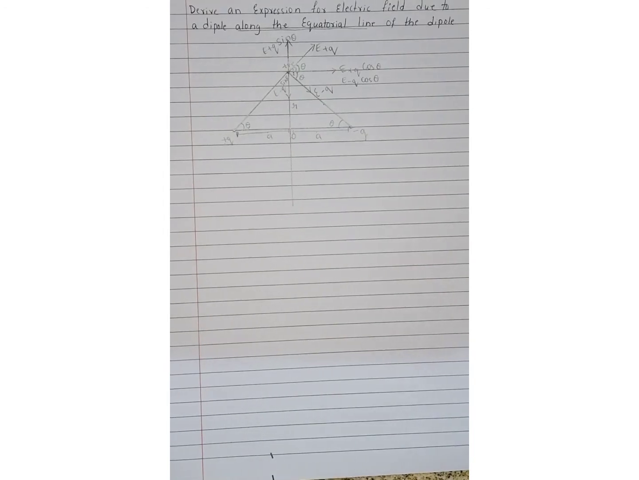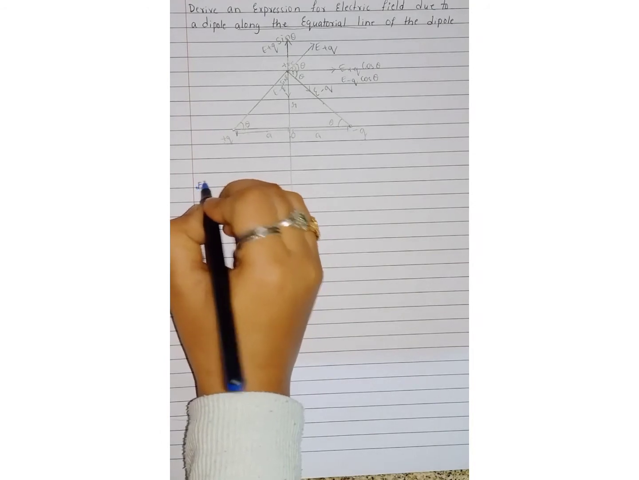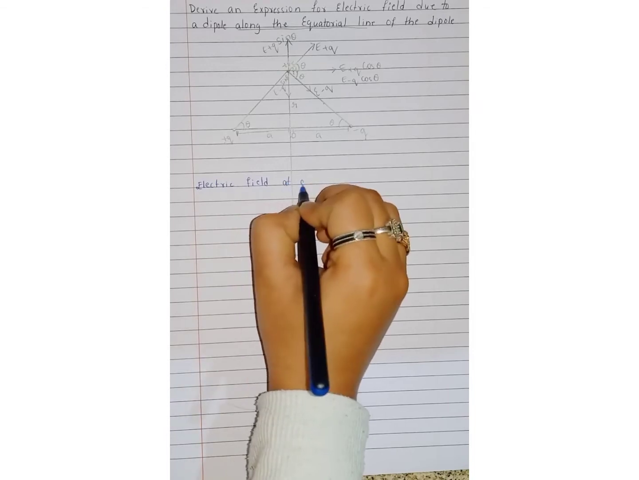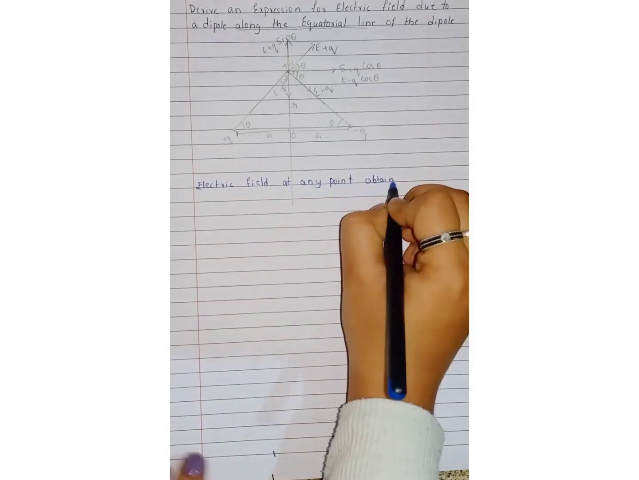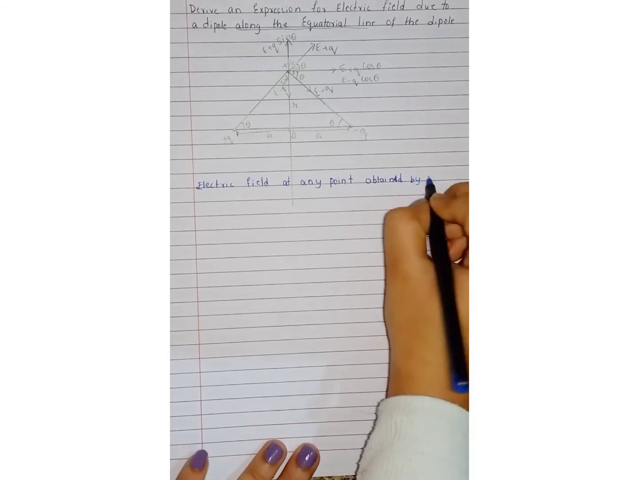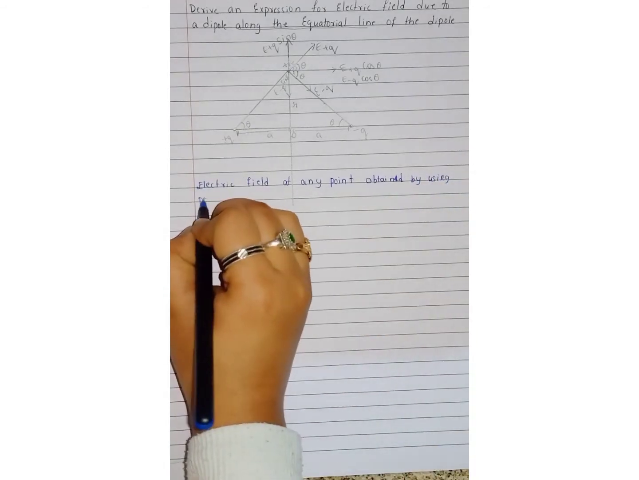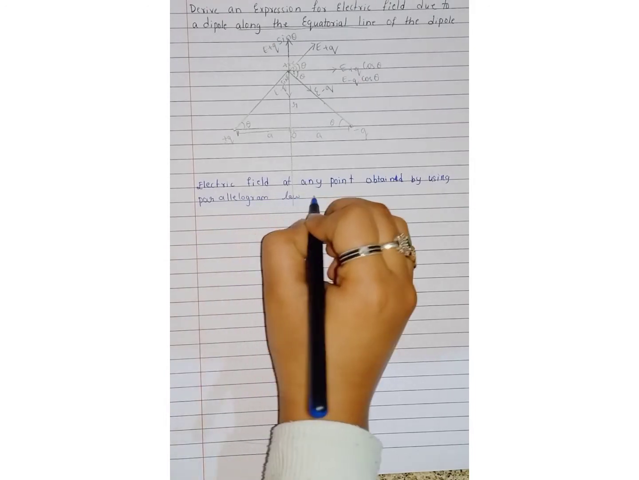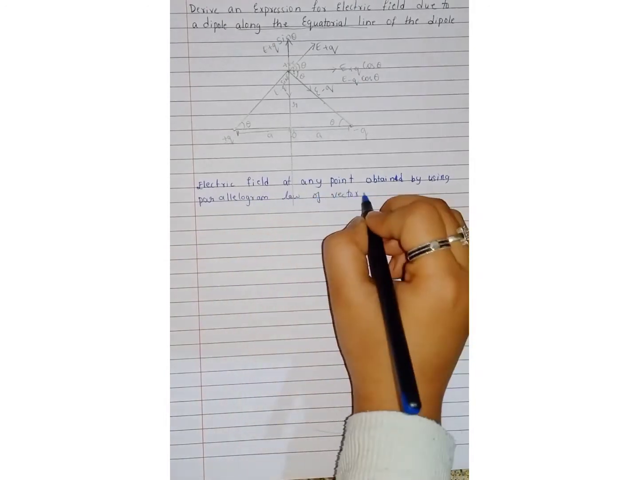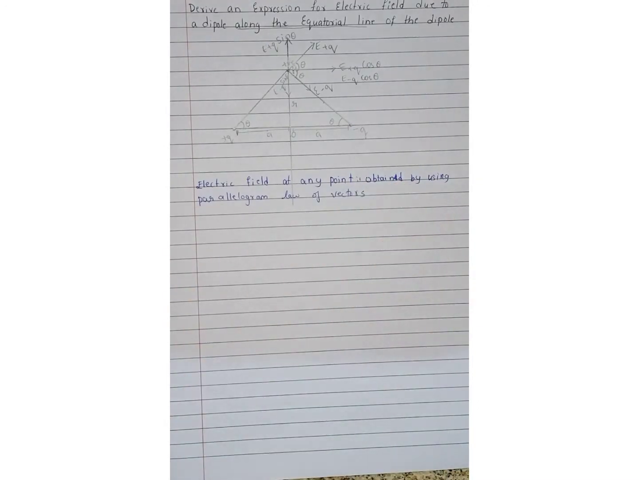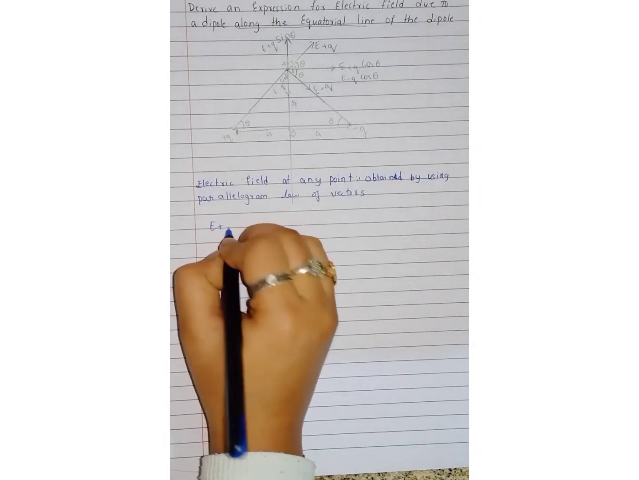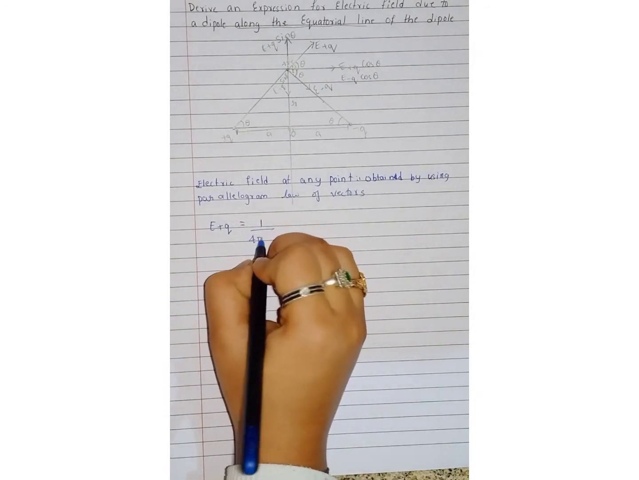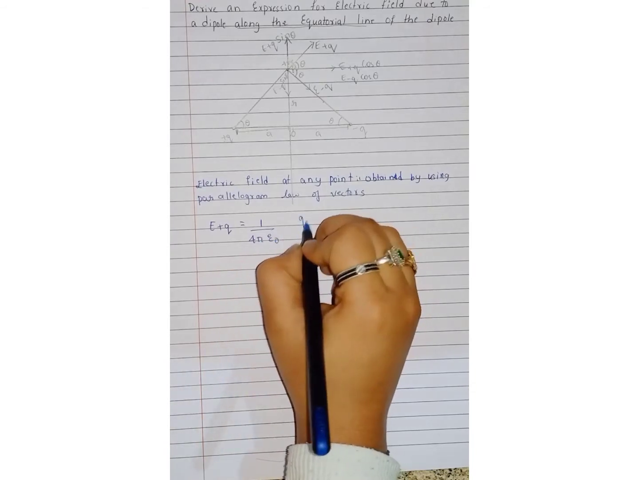The electric field at any point is obtained by using the parallelogram law of vector addition. Next, the electric field due to the positive charge, the same step, is 1 by 4 pi epsilon naught, q by